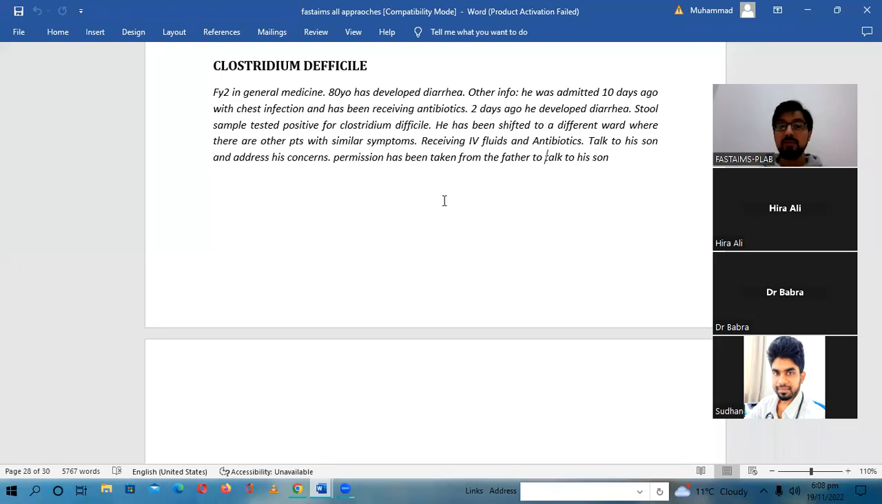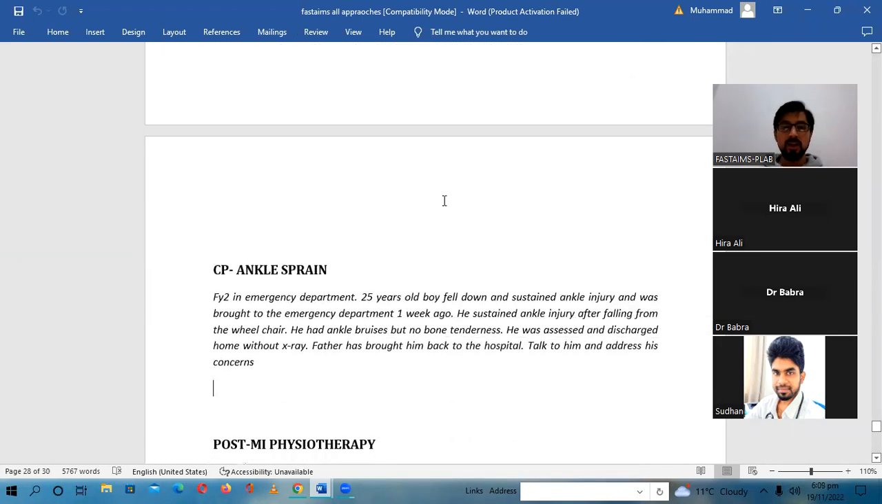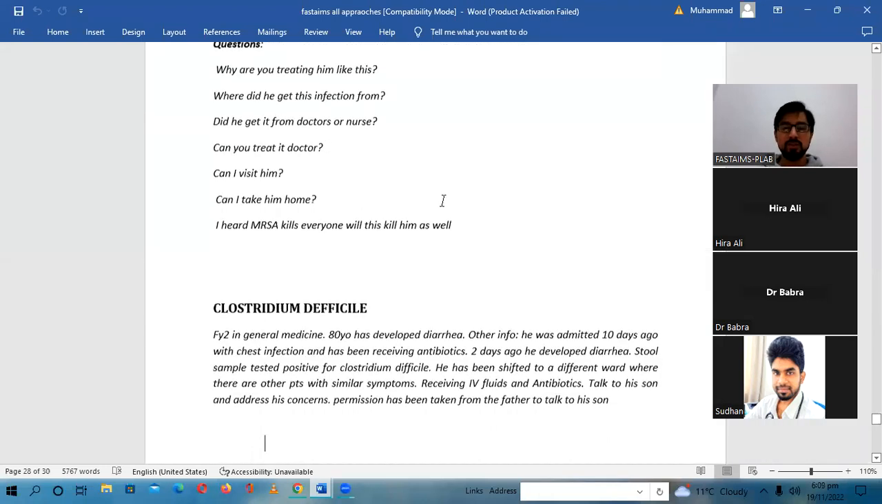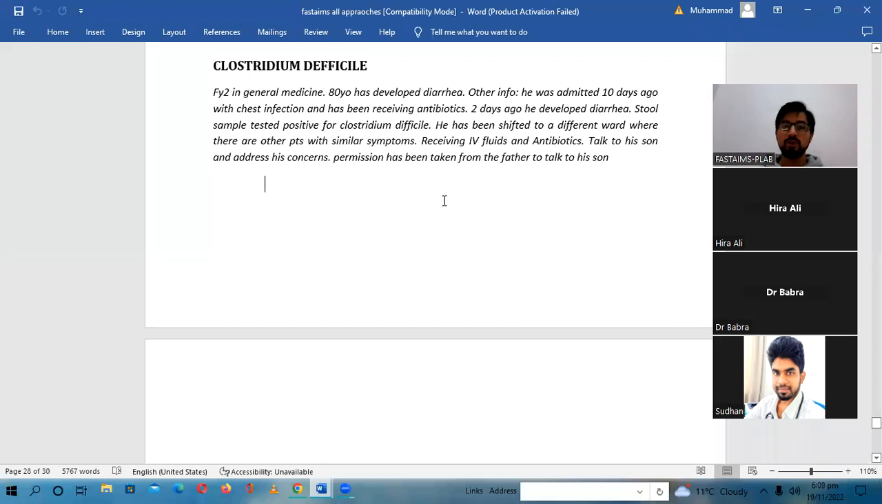Permission has been taken from the father to talk to his son. Okay, so you have to talk to his son. It's the same scenario. In the above scenario, you need to talk to the wife, and here you have to talk to the son. So the son might have some questions or some concerns. So let's go through. You have to start with GRIPS, then paraphrase, and then